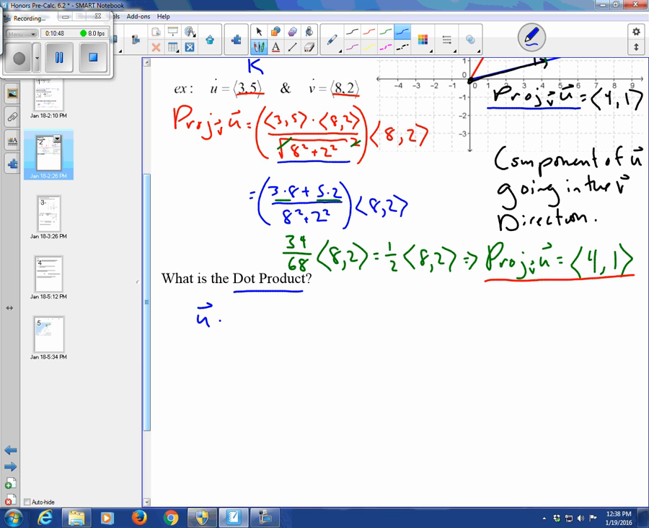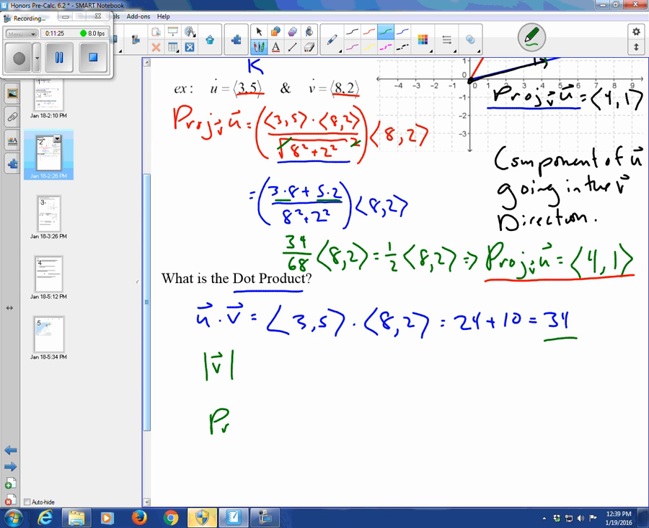The dot product of u with v would be our 3, 5 dot 8, 2. So that's going to be the product of horizontal components, which is 3 times 8, or 24, plus 5 times 2, or 10, which gives us 34, right? The dot product. What is this number? What we're going to do is take the magnitude of v and the magnitude of the projection